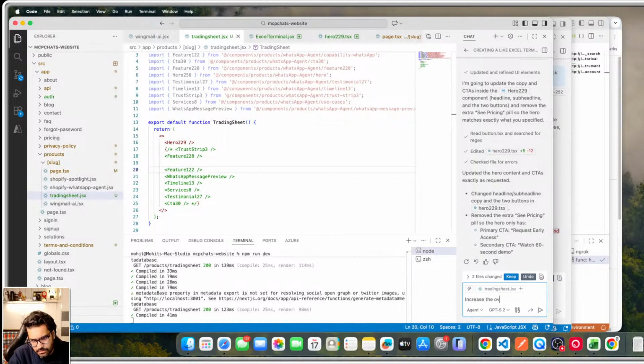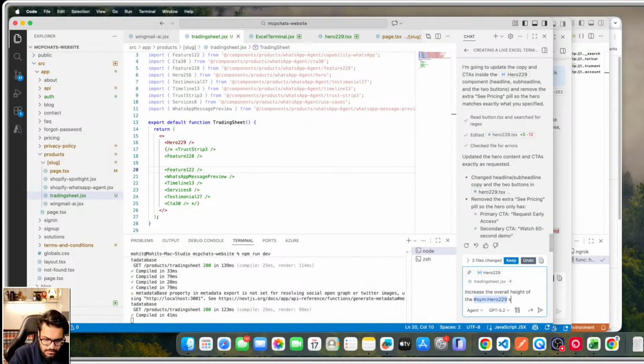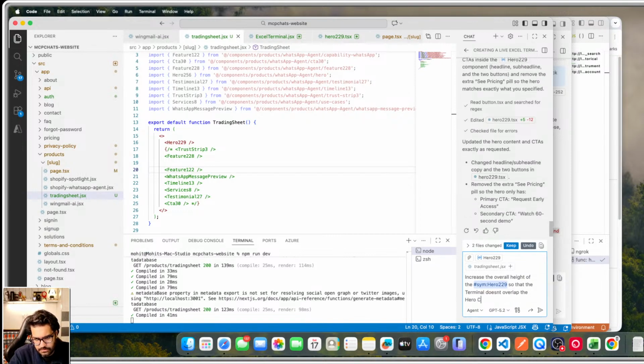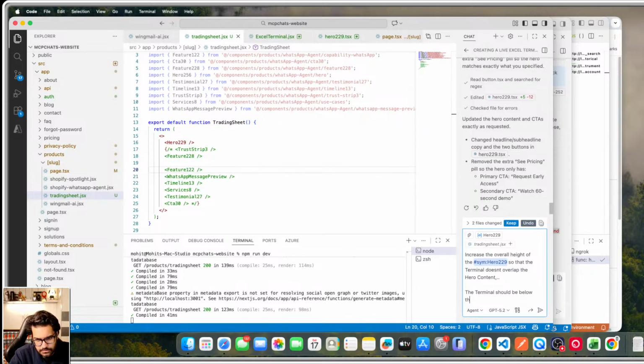Increase the overall height of the hero so that the terminal doesn't, I would say, overlap the hero content. The terminal should be below the